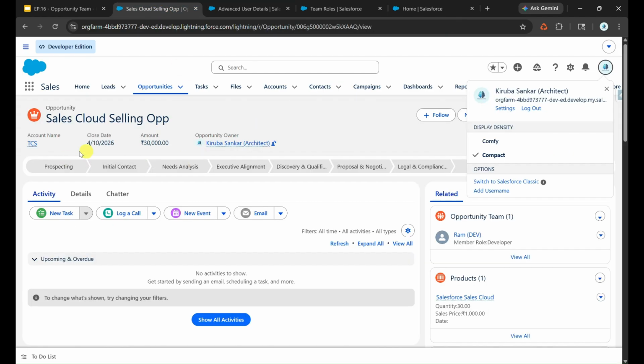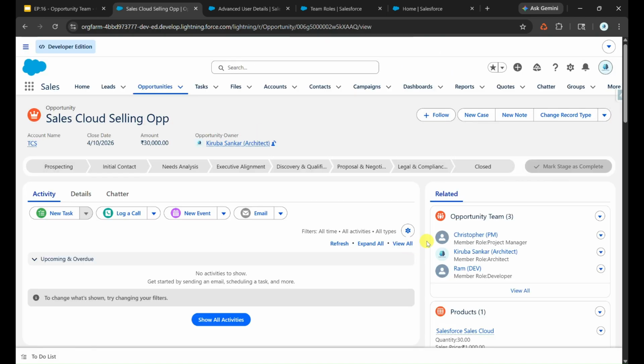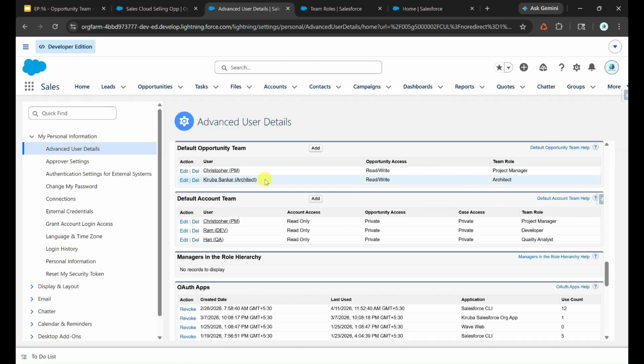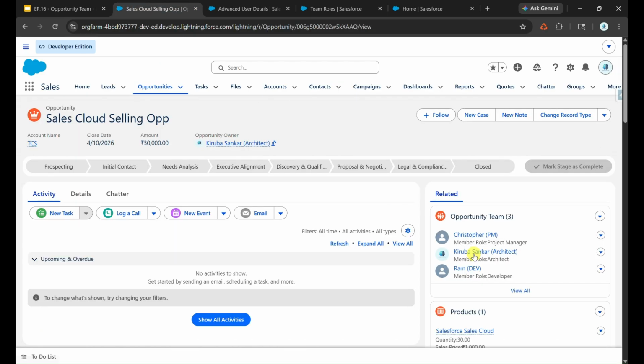So here you can see this opportunity is owned by me, right? Also, you can see there is one opportunity team member which we manually created. Now, let me just refresh the screen. Here you can see, as we have enabled the second option, let me just show you that. As we have enabled this particular option, update open opportunity teams with these members,